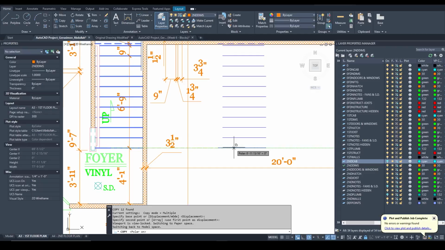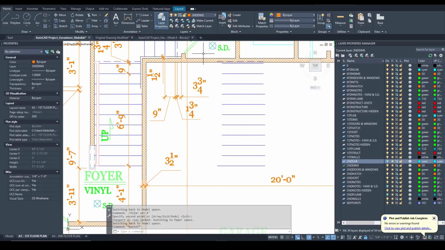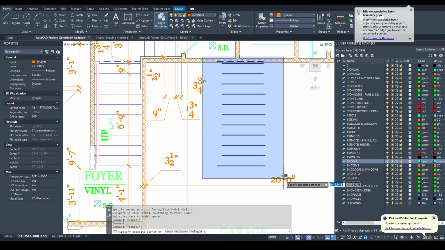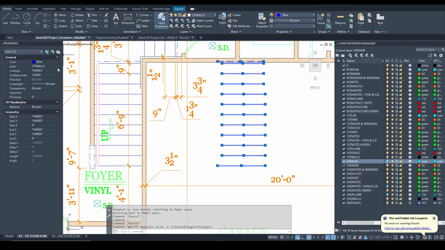Let's say in this case, I want to copy them to the right side by 9 feet. I type in 9 feet. There you go. Now I copied these stair risers 9 feet away from the existing ones. I select them and I manually change the layer to the second walls layer, because my goal is to copy them and move them to another layer so that they can appear on our A4 second floor plan